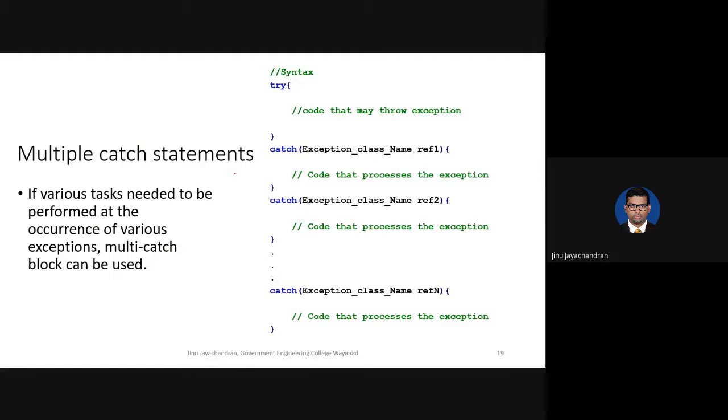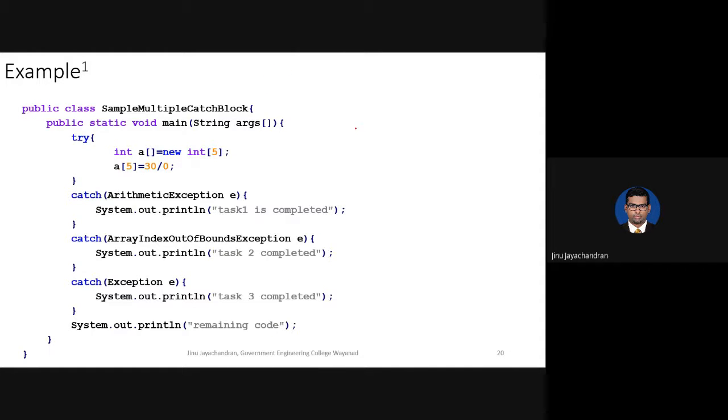Okay? And you can have any number of catch statements or catch blocks after each try. For example, whatever code you write here might be throwing an arithmetic exception, array index out of bound exception, etc. So you can have one here as arithmetic exception where you can catch division by 0. Another one here, array index out of bound exception, where it is trying to access an array value which is out of its bounds. Okay, this is an example.